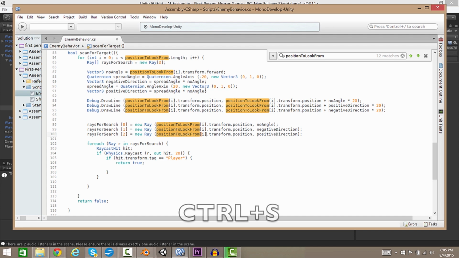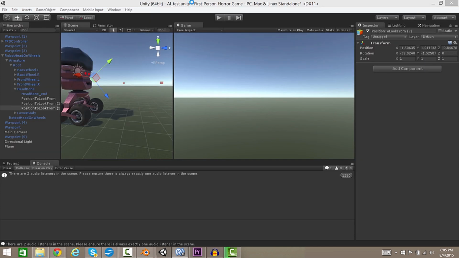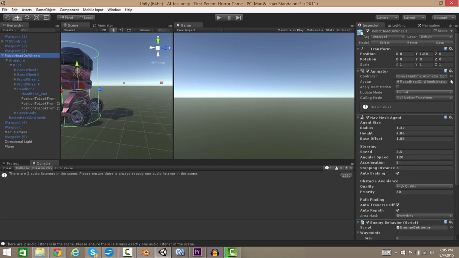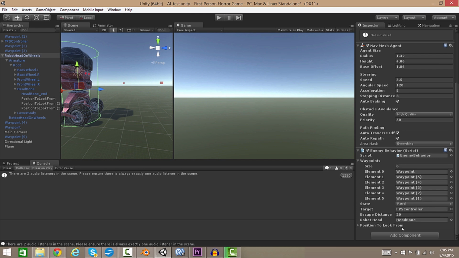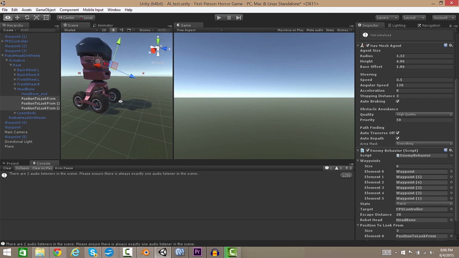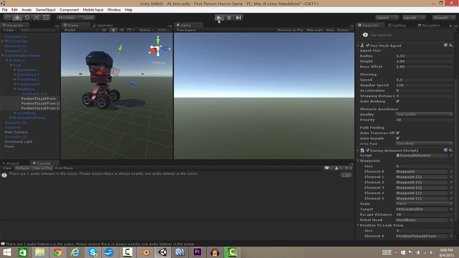So add all of these in, and then we can test it out. I'm going to go ahead and save that. Go back in here. We need to make sure we assign these new positions to look from over in our inspector. So let's go do that really quick. Let's go down here to positions to look from. Got to assign all of them actually. So I'm going to lock this inspector and grab these three, drag them in here, and now, fingers crossed,